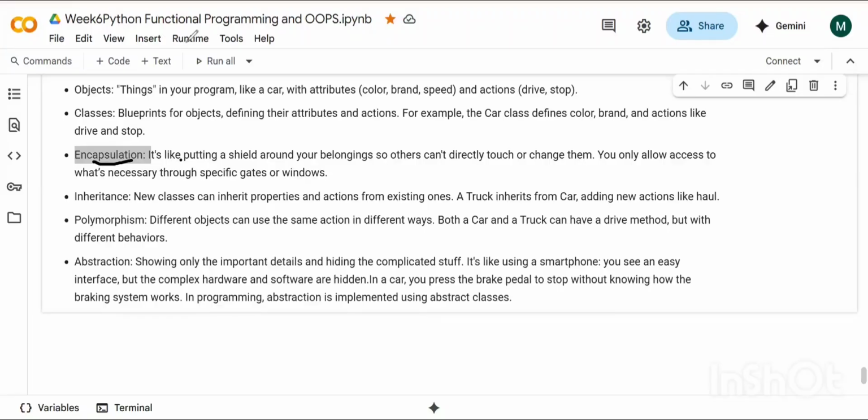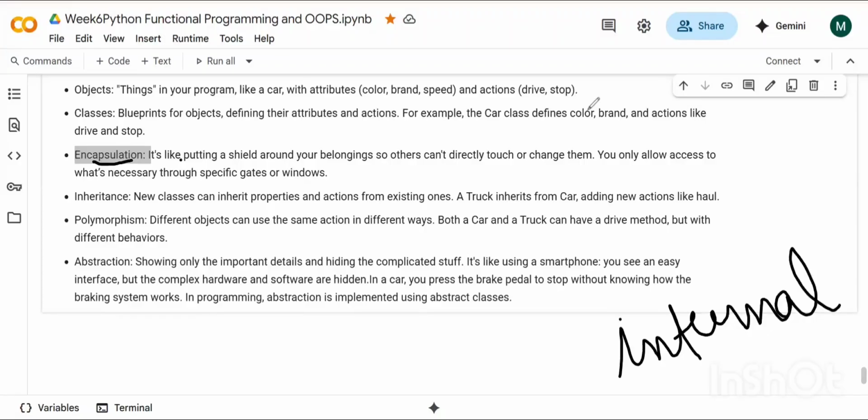Encapsulation, now, guys, it is like putting all the internal parts of the car, like engine, wiring, gears, inside a protective car body.